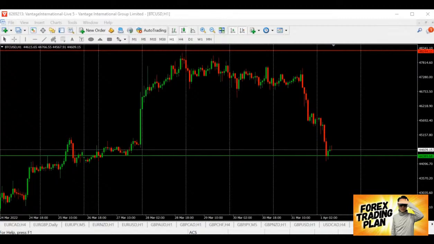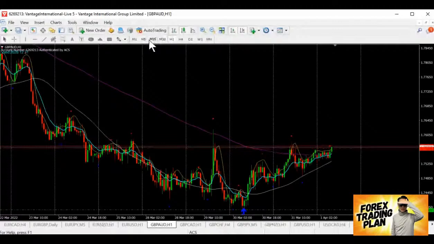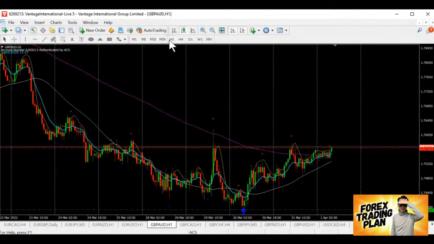By looking at all this, I guess this is something that we should be very careful with. Let me take a look. Pound Aussie is testing the resistance right now. If it's not breaking, then probably we have a chance to sell. So let's be patient first.